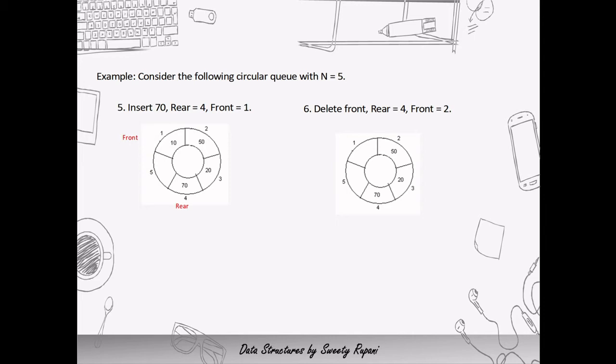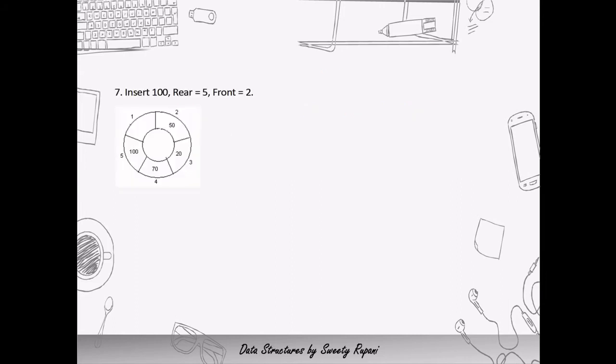Deleting, now it's a time to delete. So every time you delete an element, front would be incremented by 1 so as to point to a next element, whereas rear would remain at its own position. You can see over here, front would now point to a value 50 because 10 is deleted. Now let us go for inserting one more value, which is 100, which gets inserted at location number 5. Now consider the case of a simple queue. If this had been a simple queue and if I go for a next insertion, it would give me that queue is full because rear has already reached to a last position.